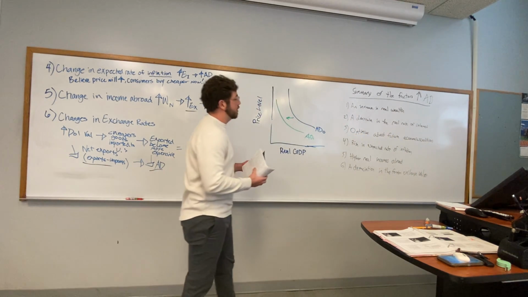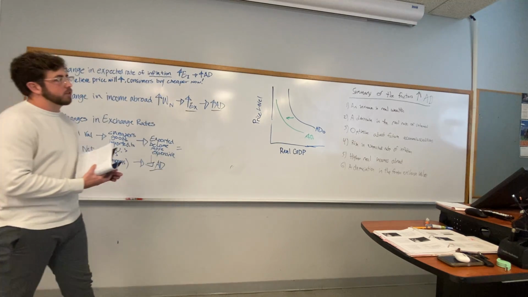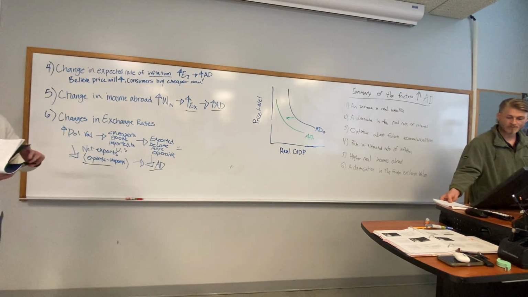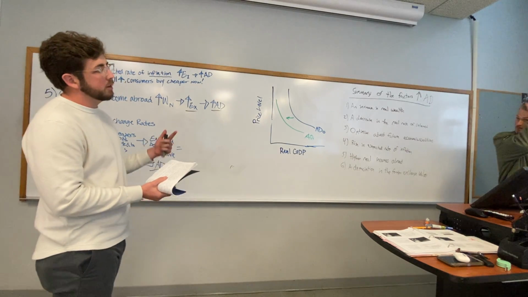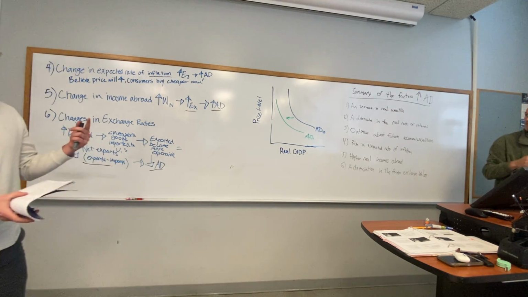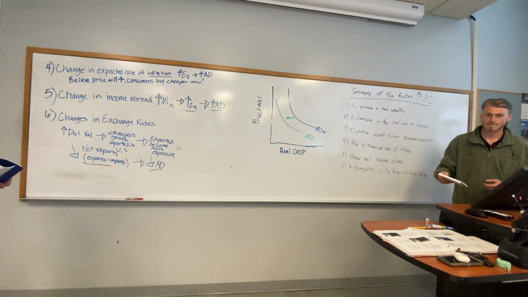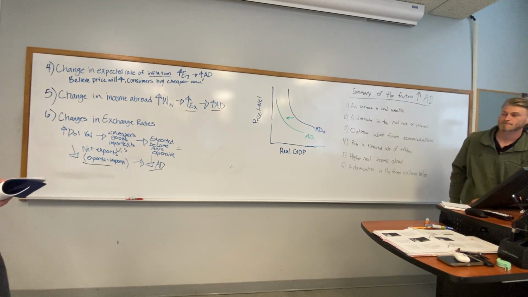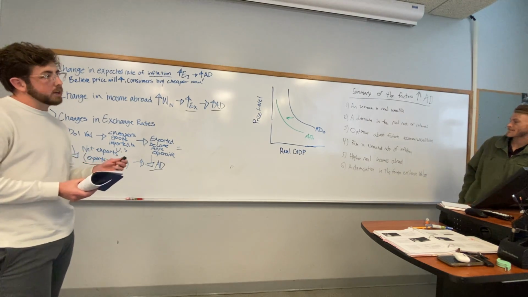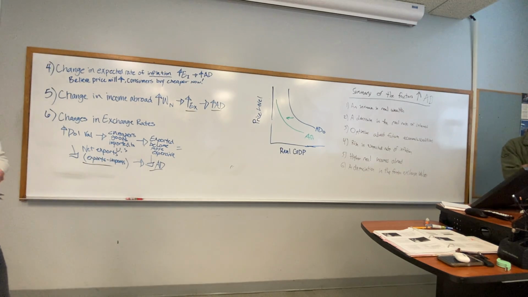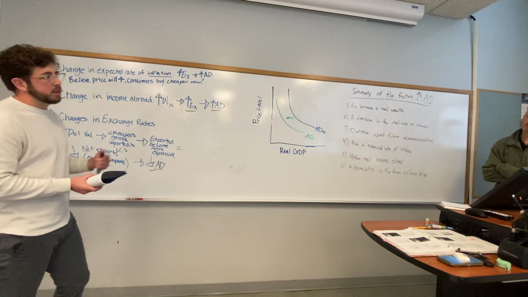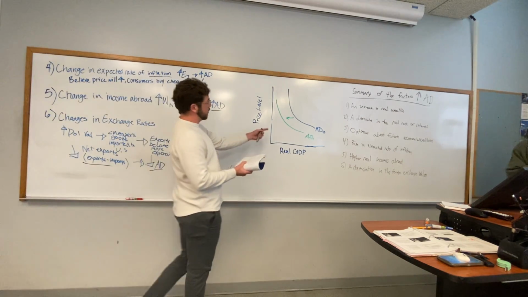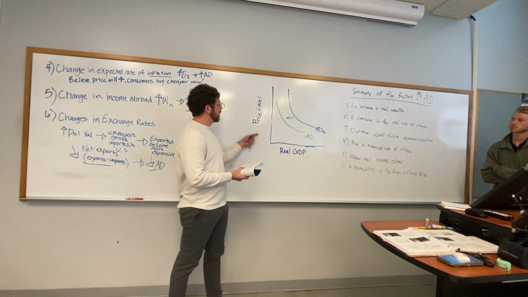So these are important. I put these in your notes because those are all just a summary of an increase. So all you have to do is say the opposite and it's a decrease, right? So a decrease in real wealth decreases aggregate demand. An increase in the real interest rate decreases aggregate demand. Pessimism about future economic conditions decreases demand, right? So that's just a quick summary of what we all went through. Those 6 things are just important. The opposite is going to decrease aggregate demand. And this is what a decrease looks like. You have the real GDP, the price level.